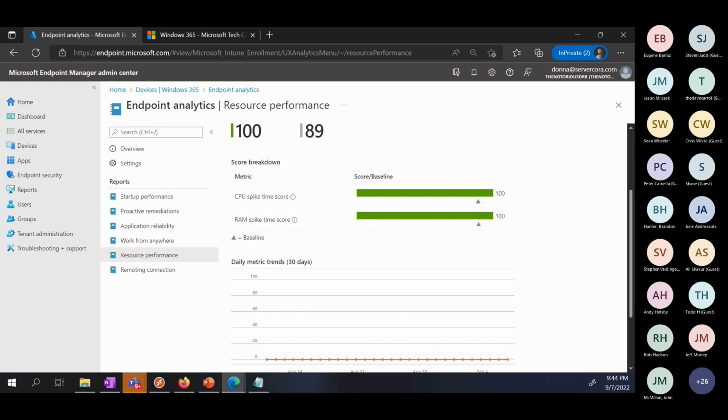I wish I could share some of the fun stuff that I know is coming, but we're working on this. We're going to make this data better and more transparent, to give admins the information they need to determine: did we buy a big enough CPU or Cloud PC? Do we need these licenses in the first place? One of the big questions we've had from day one is, how do I know people are using this? Let's call it an average of $50 a month, just for ease. We have $50 a month licenses, and we bought 1,000 licenses. Are people using it? That report's not in here today.